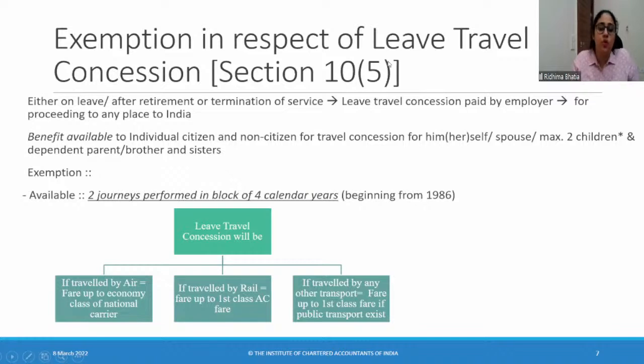This is for all the employees. Vrinda says, ma'am, please explain again for the travel by other transport. See, travel by other transport के students remember, A से economy fare, by rail से first class, up to first